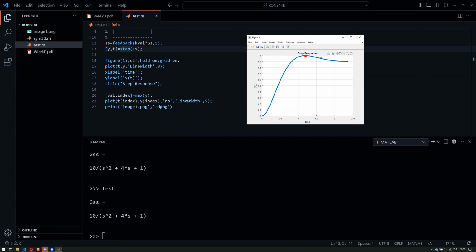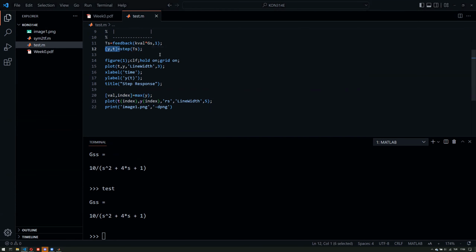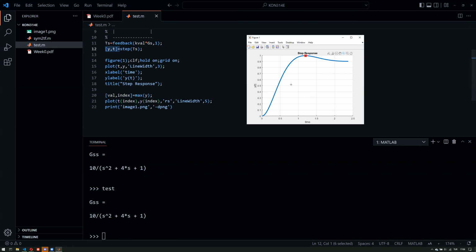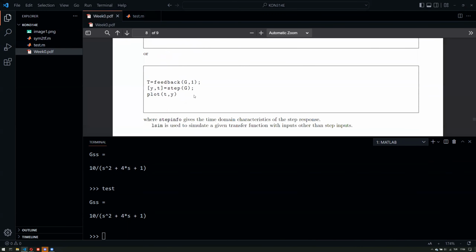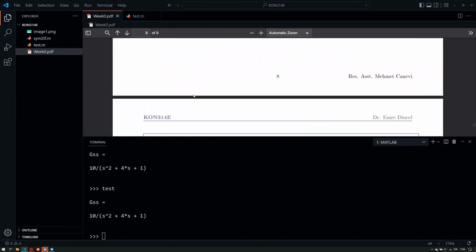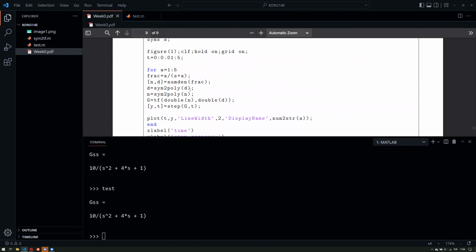You can do lots of stuff, customization on the plot. The step on its own, without any output argument, creates a plot, but it's not that much open to modification. So if you want to do it on your own, sometimes this would be the way of doing it. Well, yeah, I've talked about that. What else do we have? Well, this is about it for today, because